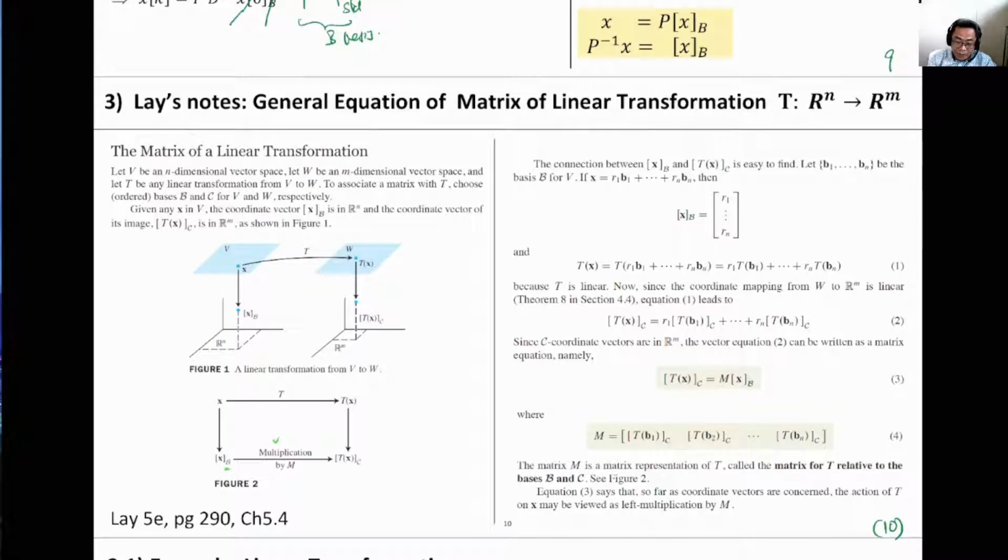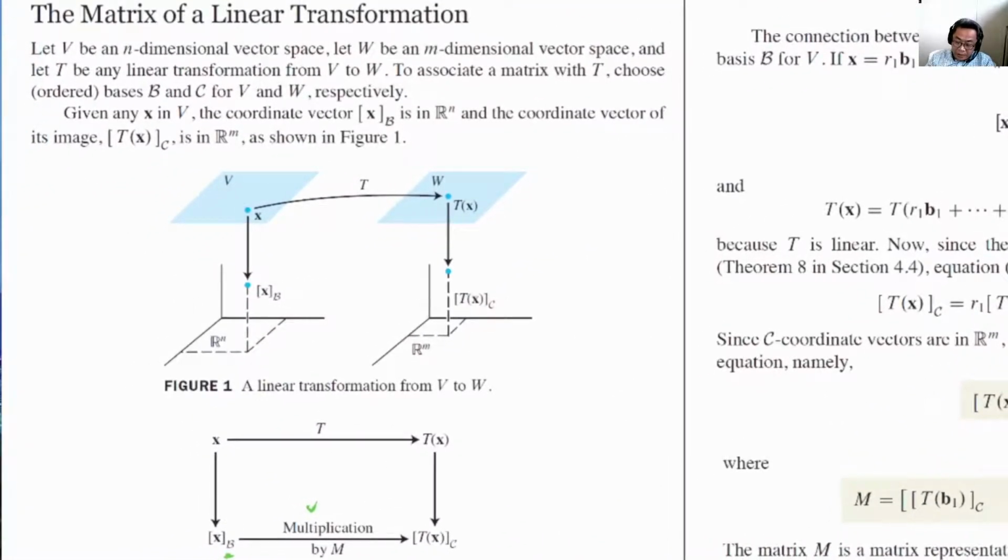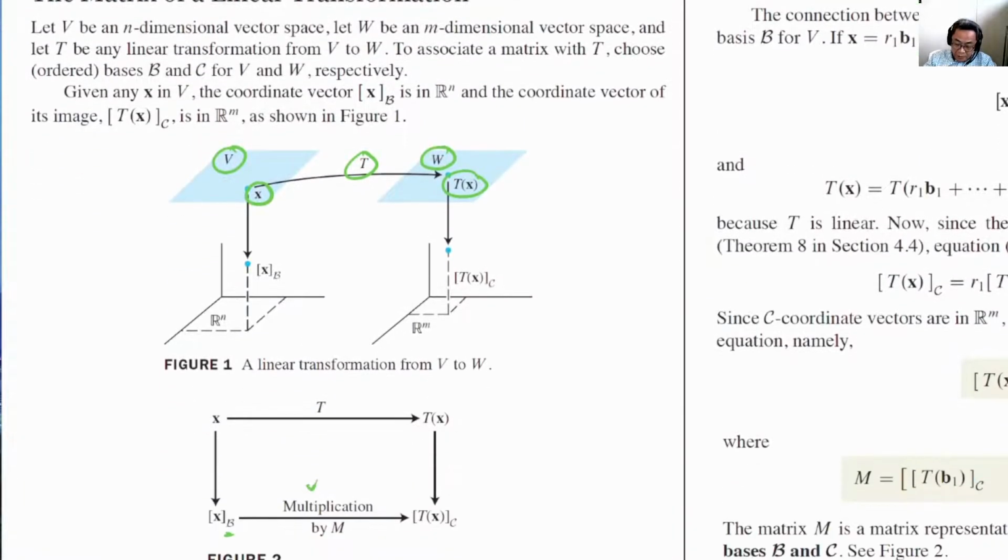In this subsection, we're discussing matrix of linear transformation where the input space and the output space can be different. So what we have is that in the input space, x belongs to the vector space V. Tx, the image of x, belongs to the vector space W. T represents the transformation. In this case, V is an n-dimensional vector space. So it's Rn. So x can be represented in Rn,